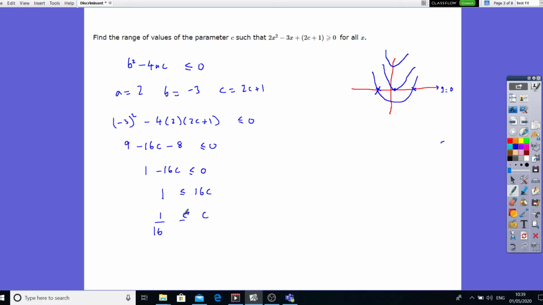So c is greater than or equal to, we can also write this as c is greater than or equal to 1 over 16. So that would be the range of values of the parameter c in this function is greater than or equal to 0 for all values of